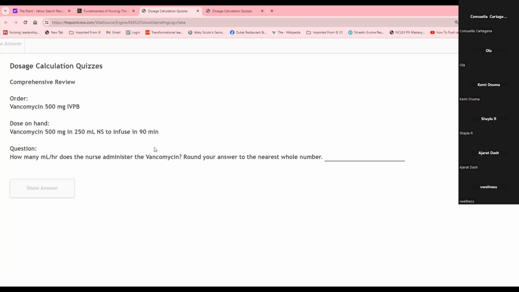So, if you had 250 mLs and you had to infuse that over 90 minutes, how would you calculate that? 250 divided by 90? Okay, but don't you have to convert minutes to hours? 250 divided by 90 times 60? If you were just trying to determine how long it would take for that 250 to infuse,